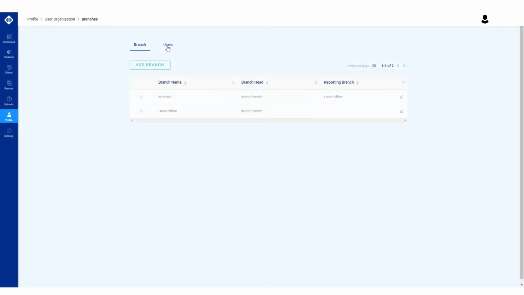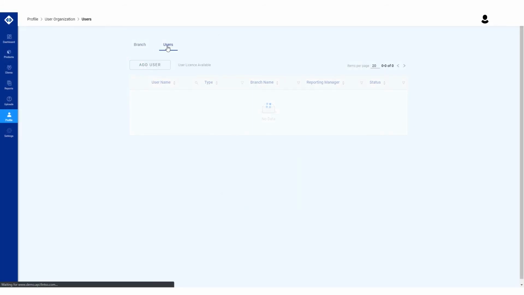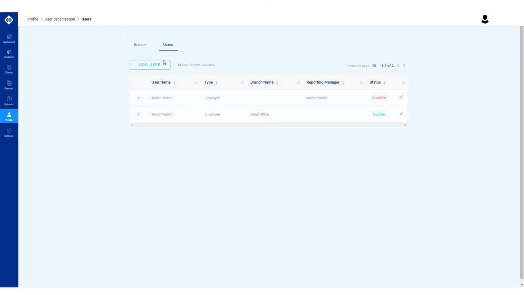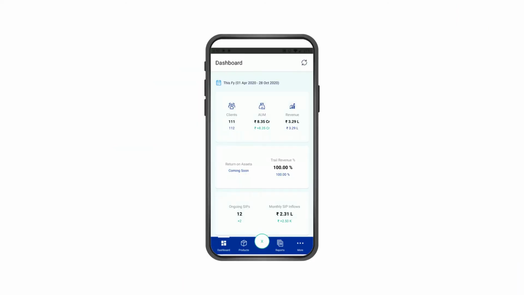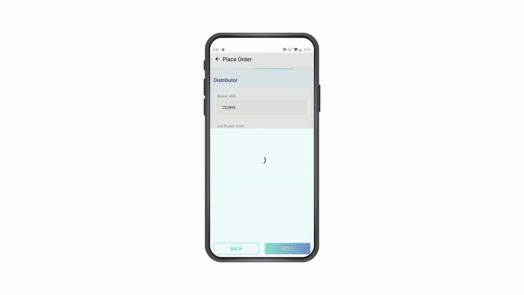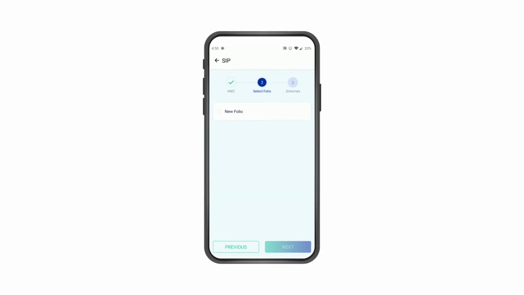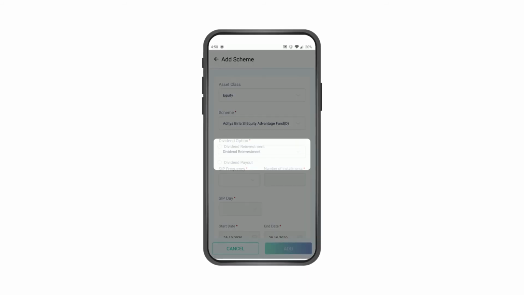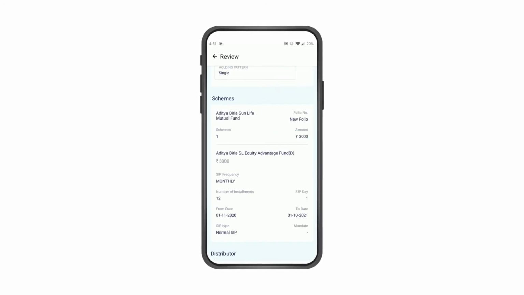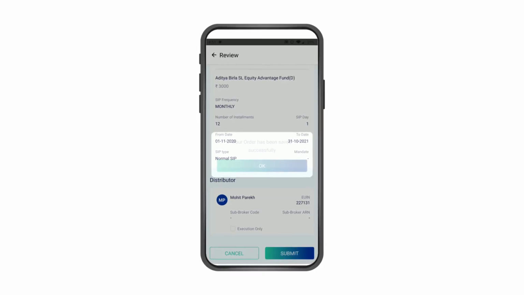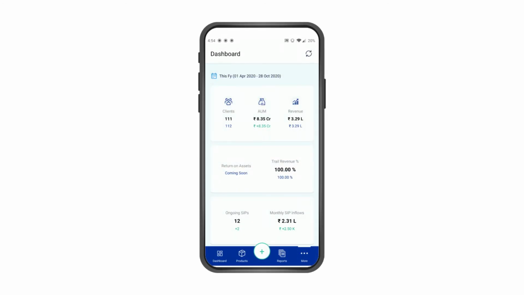Each user login in the subscription will receive access to the app for on-the-go access to business information based on their predefined accessibility. Placing a mutual fund order on the partner app is similar to the web portal flow and equally easy. You may follow the same flow as shown earlier under Placing an Order Partner Web Portal.